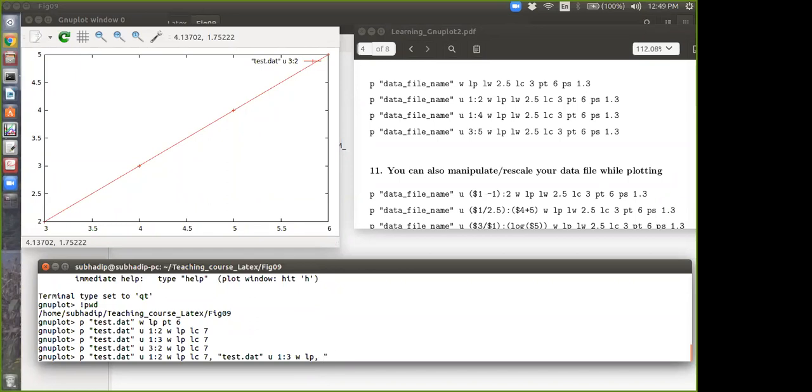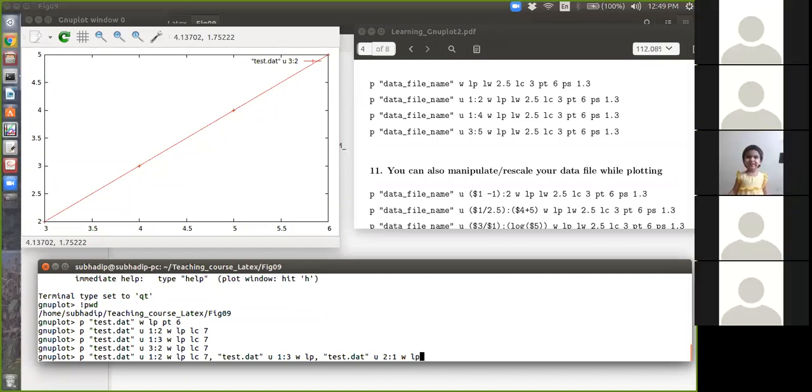I am not specifying the details, it will take them automatically. Using 1:2, 1:3, why not 2:1, with linespoints. Now enter.